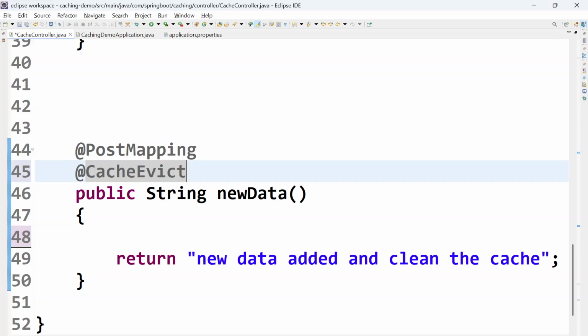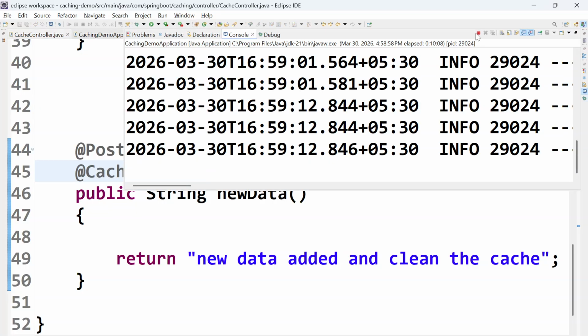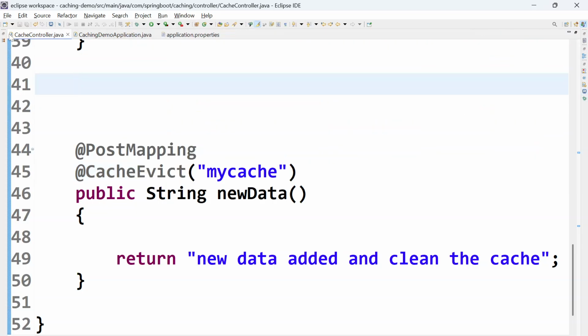or a put method, because cache evict and cache put store methods' results and improve performance by reducing the repeated data calls, right? So let's evict that particular cache which we have stored here. Let's give the name, so my cache. Let's save this. This is a post mapping, and once again I have to stop this and launch the application